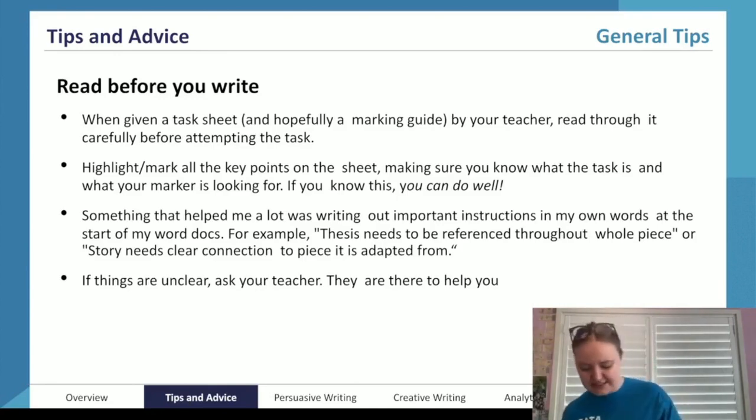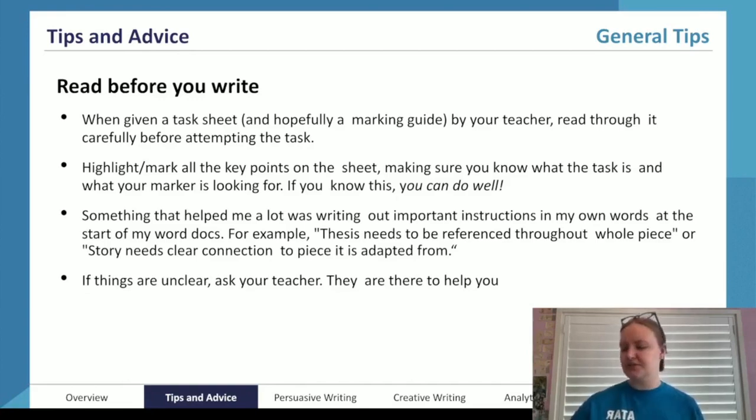The number one thing to say as well in this is that if things are unclear, ask the question. There's absolutely no shame in saying to your teacher, I don't really understand this task, even if you've done it before. I don't really understand what this section of the task is asking me to do, or this particular criteria is asking me to do. Your teachers, they're there to help you. They will appreciate you being proactive and coming to them with your questions and your concerns. So definitely ask them about it, and you can also ask your peers about it as well.